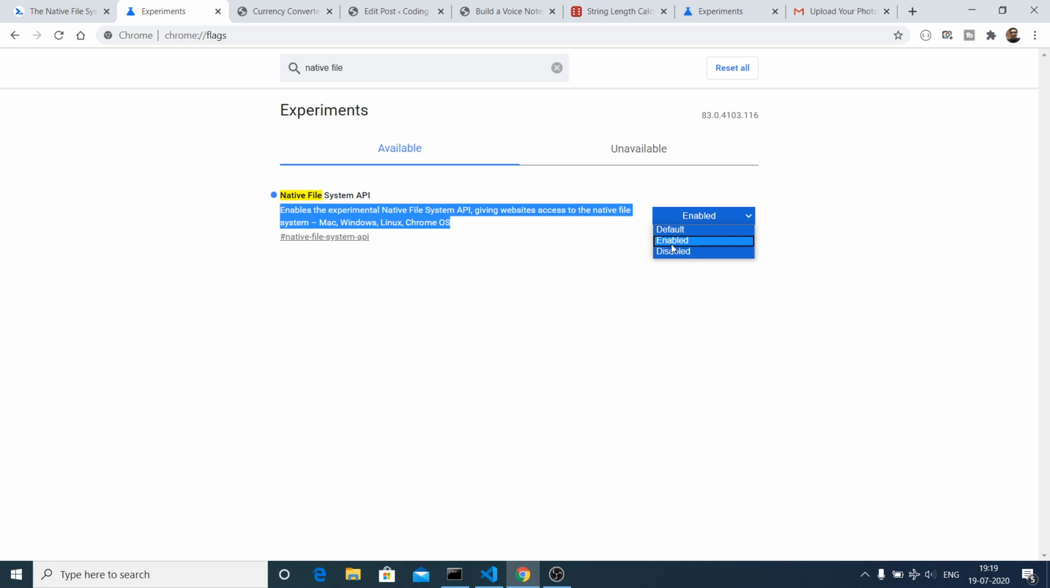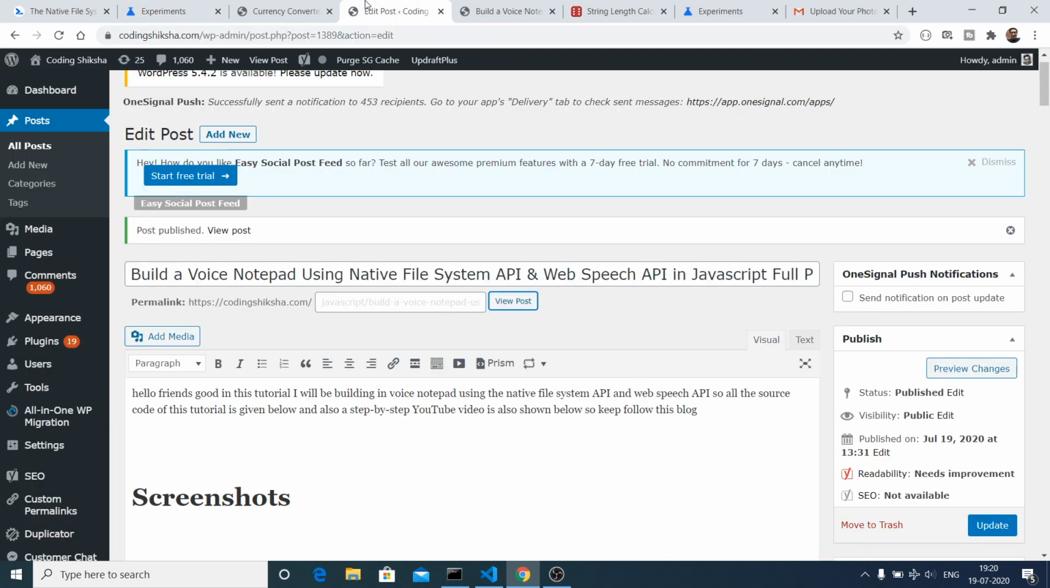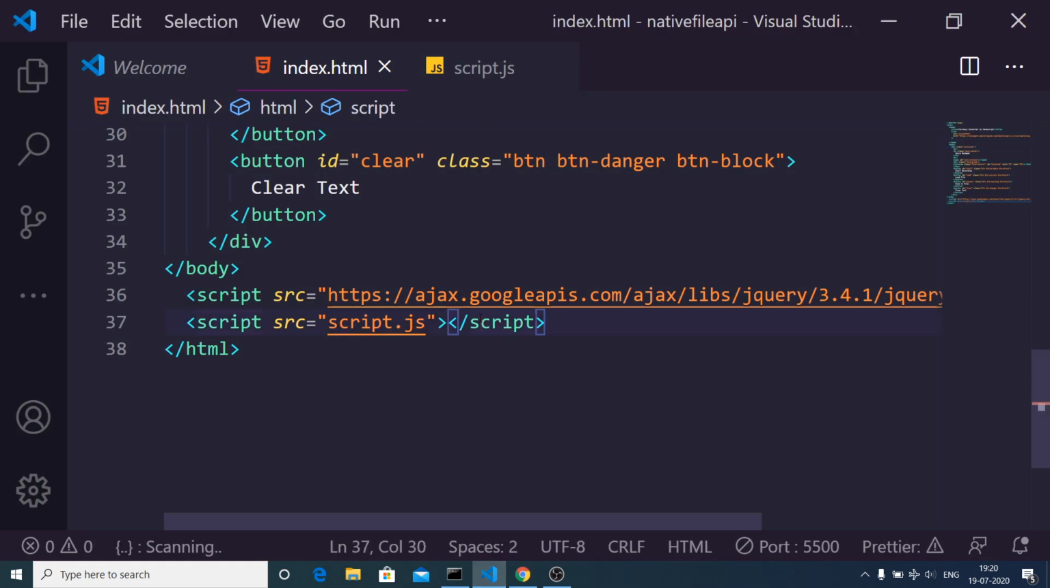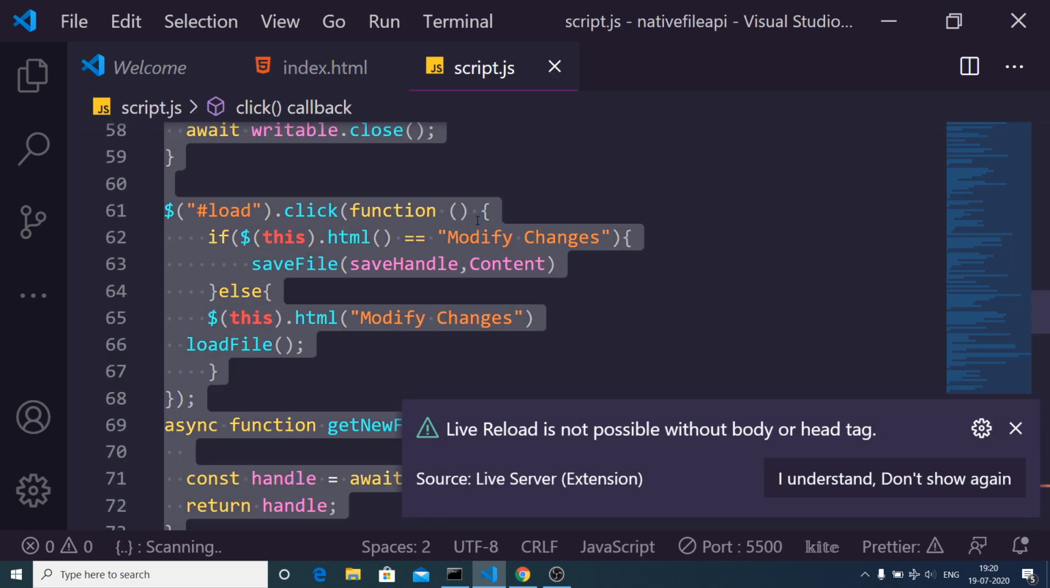By default it will be set to default here. Now you need to click on the enabled option, and then you need to relaunch your Chrome browser in order for the changes to take place. I have already enabled it. After this you need to go to your favorite text editor and make your index.html file, and also a